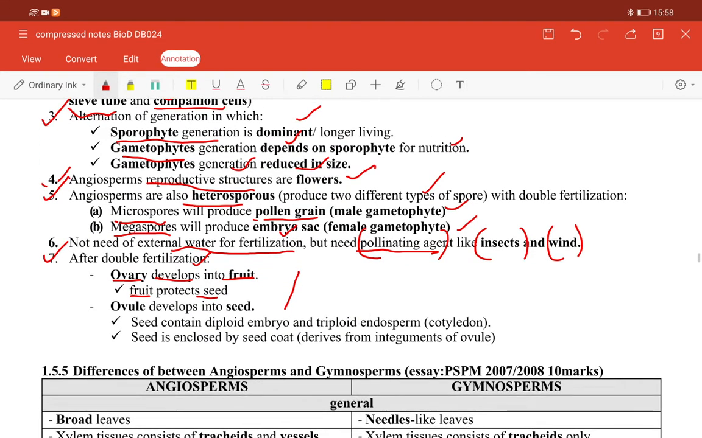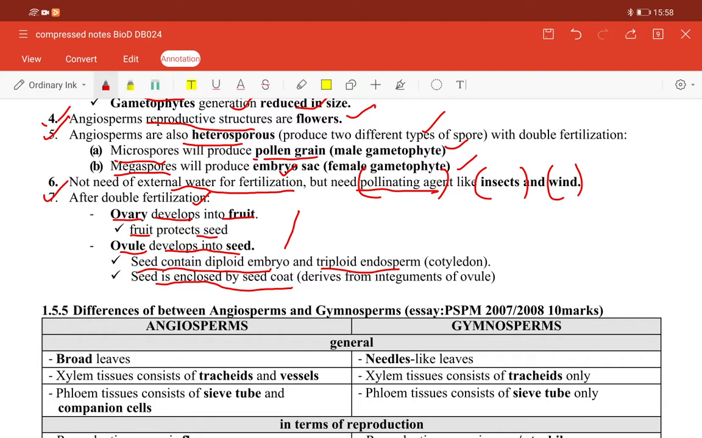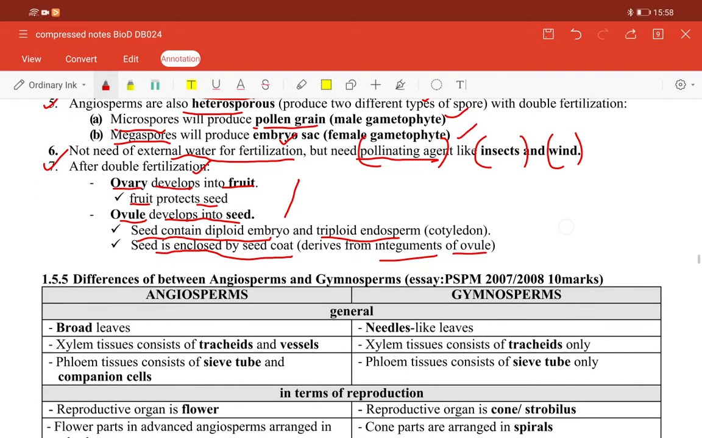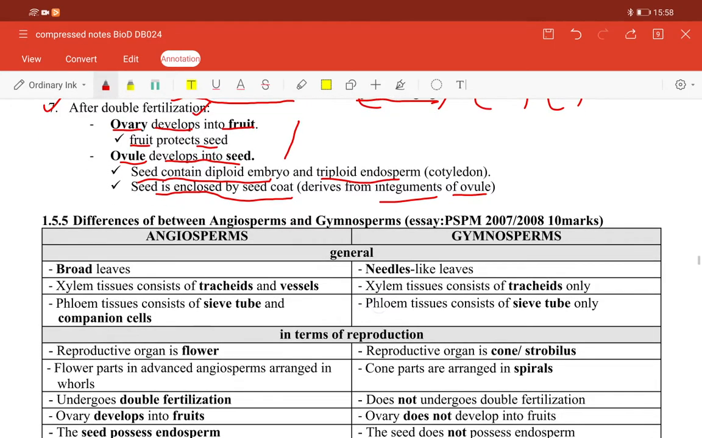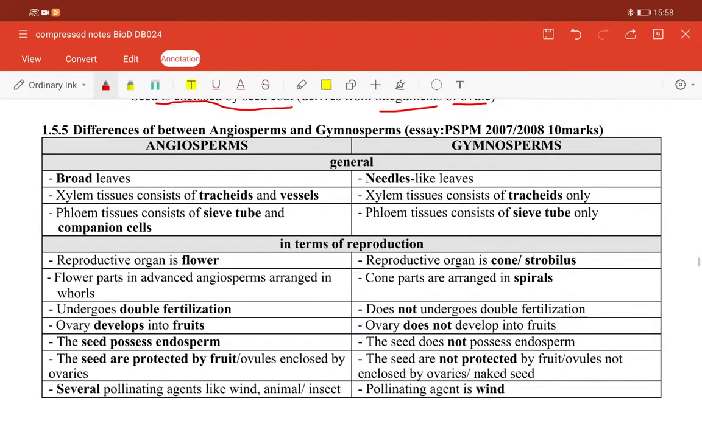Okay, manakala ovule will develop into seed. So the seed contains diploid embryo and triploid endosperm, and the seed is enclosed by seed coat, okay, which derives from integument of ovule. So these certain terms you have seen in chapter 9 semester 1. Hope you still remember. Okay, so the differences between the Angiosperm and the Gymnosperm is basically generally lah dia punya